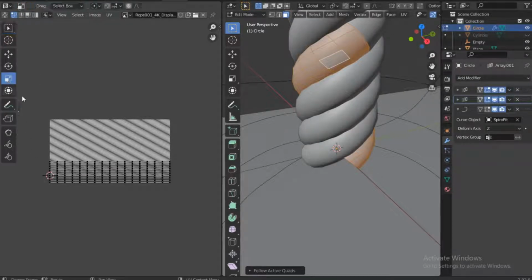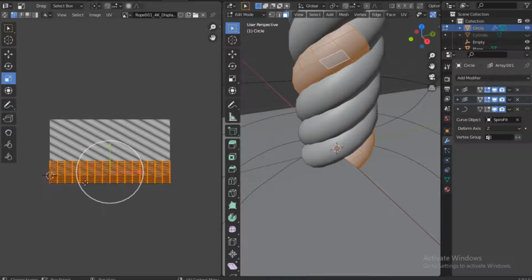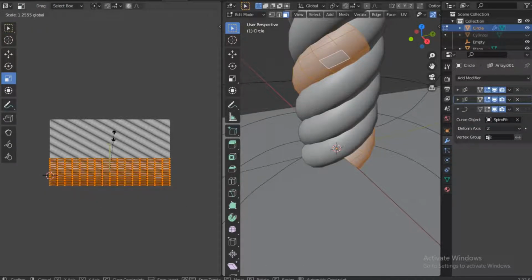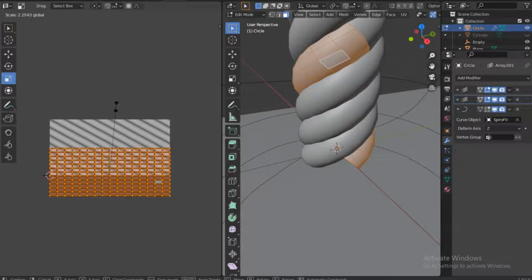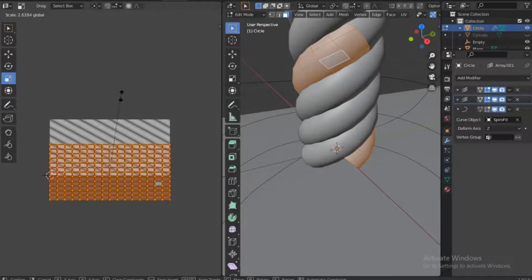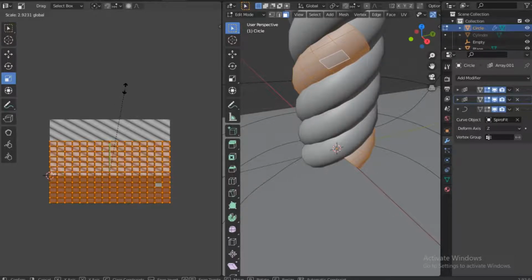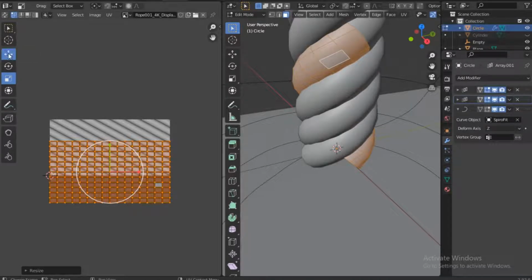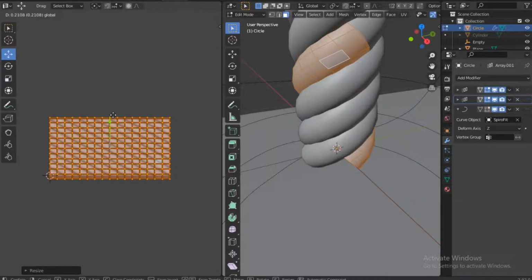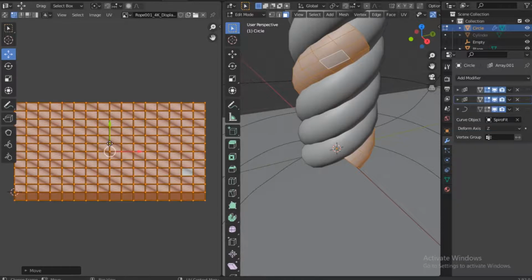So if I come under where it says scale and select everything, I can actually scale them till they look a bit square. That's the idea here. I want them to look a bit square. Then let's go under move and just move them right there. All right, so let's go back